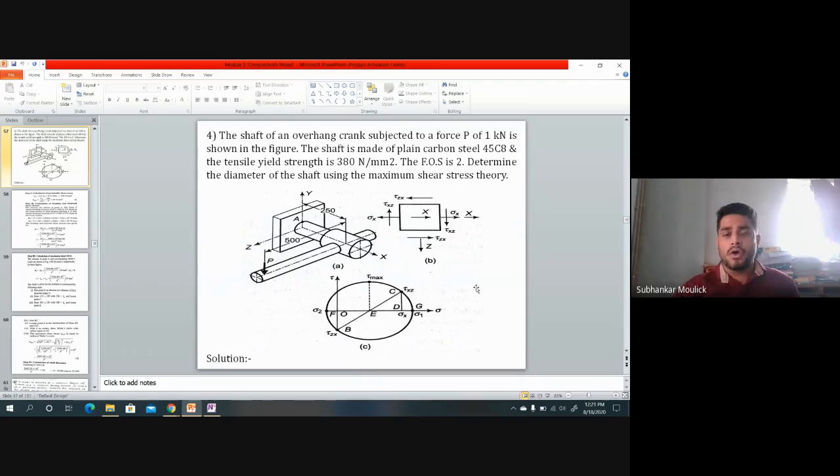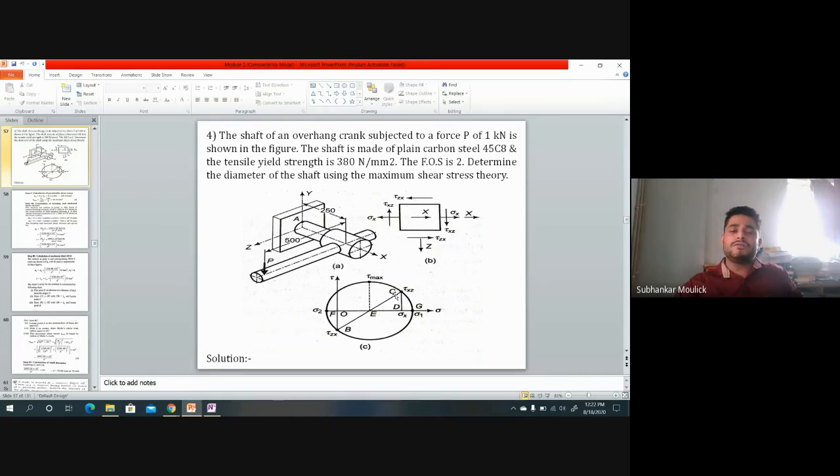We know that all the peripheral points of the Mohr circle represent planes. So if I consider this particular plane, the coordinate of this plane is sigma x comma tau xz, because sigma x is along the x direction and tau xz is along the y direction. I am assuming clockwise tau to be positive and anti-clockwise tau to be negative. So this is my origin. From the origin, this is my sigma x, and this is my tau. This particular point is sigma x comma tau xz.